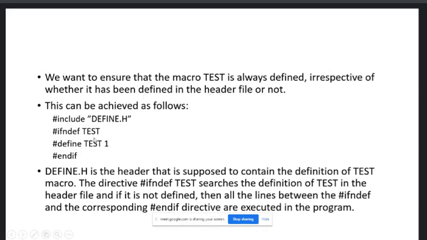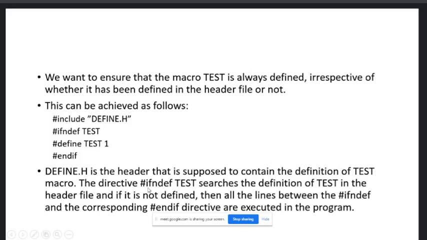Suppose the test is defined in the header file, then the preprocessor would not act on this. If the test is not defined, then the preprocessor will define the test macro. So define.h is the header that is supposed to contain the definition of the test macro.